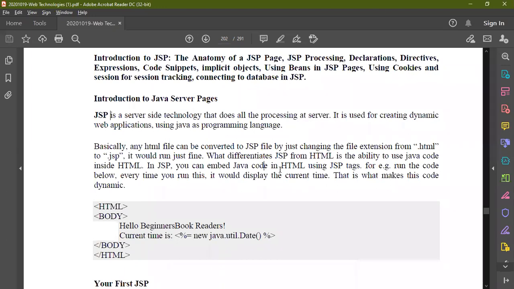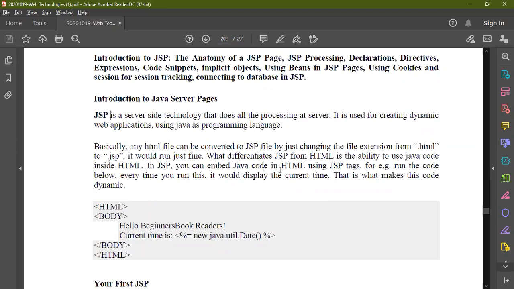If you want to display data in a table, you use the table tag. If you want to display images, you use the image tag. In this way, different types of tags are used in HTML for displaying your content. This is all known as basic static content.